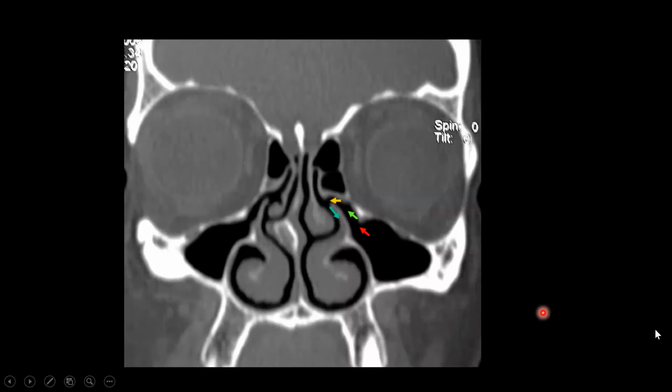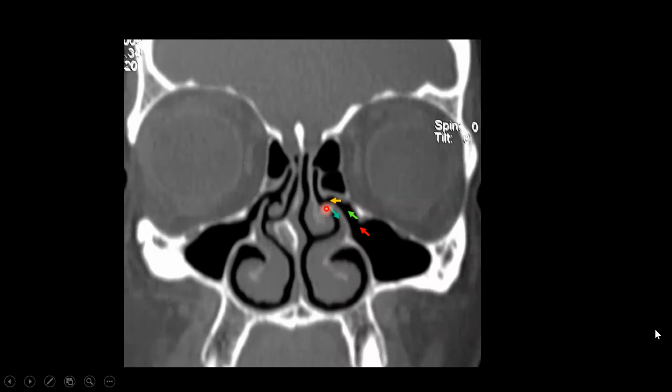Now, this is the coronal CT reconstruction of the face at the level of the nose, of course, where there are sinuses. So you know that this is frontal sinus, and these are the maxillary sinuses on both the sides, superior orbital wall and inferior orbital wall. And the drainage of the sinuses, like in this case, I'm showing you the maxillary sinus, that it drains into the hiatus semilunaris,